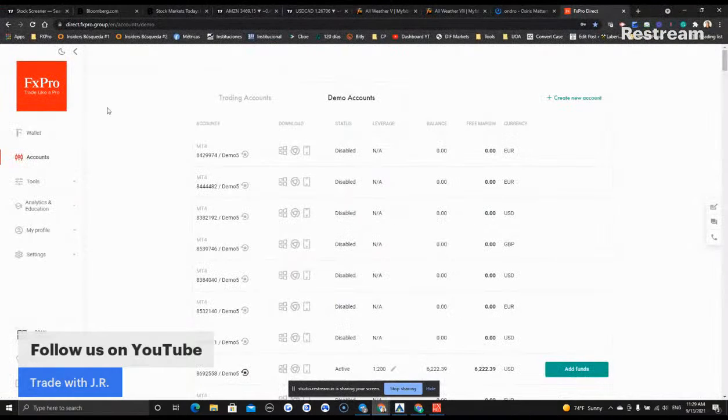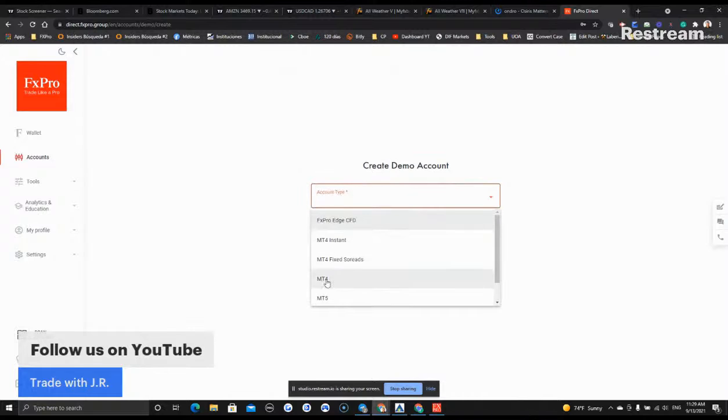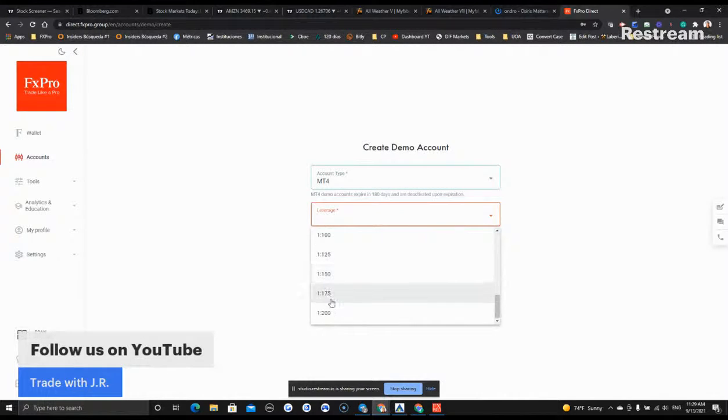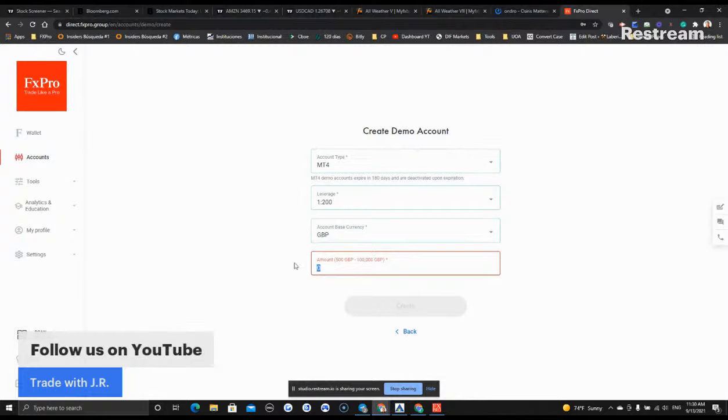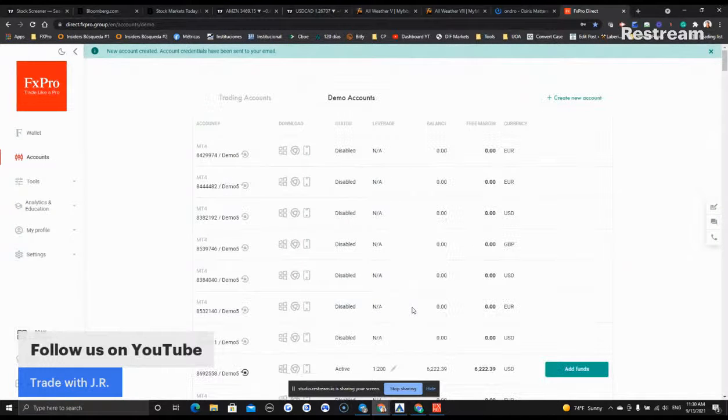Let me take a look at this, guys, and let's get a simulation account just so you can see the potential. So MT4, the max level, I think they would probably give you 200 to 1. FX Pro is in Cyprus. Let's open this simulation in Great British Pound. Now, remember, this is just manual. This is where you actually see an opportunity. You position yourself, and this will give you an idea of the potential that you have when you have your trading account, your investment account, and your trading currencies, and you're leveraged.